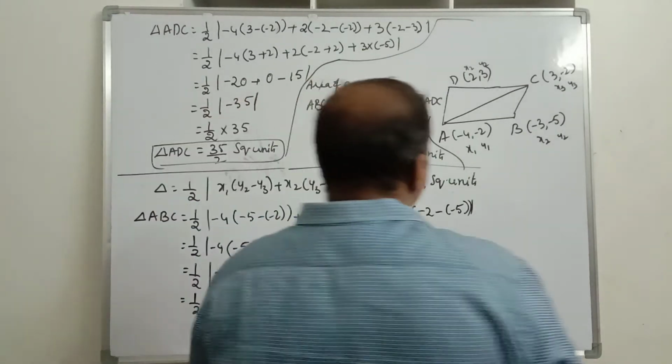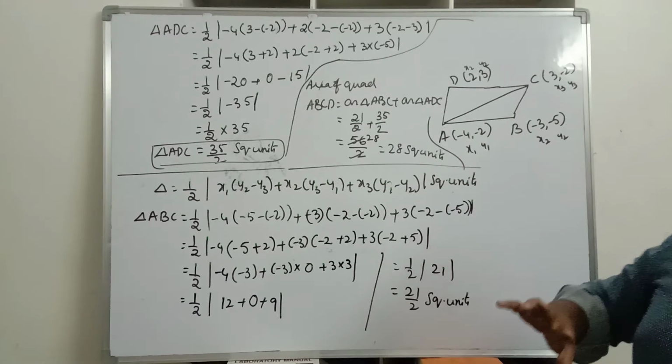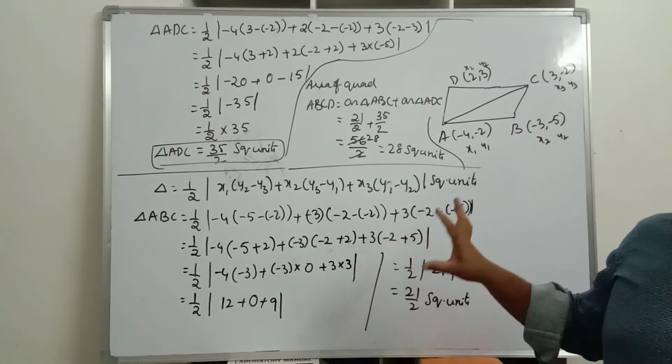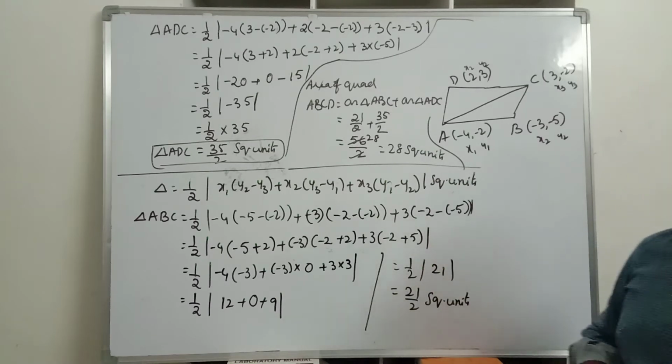So like this we will find the area of the quadrilateral. Here, what is the concept? Draw any one diagonal and the quadrilateral is divided into two triangles. Find the areas of the two triangles separately. Then add the areas, and we will get the area of the given quadrilateral. Is it clear, children? Yes?